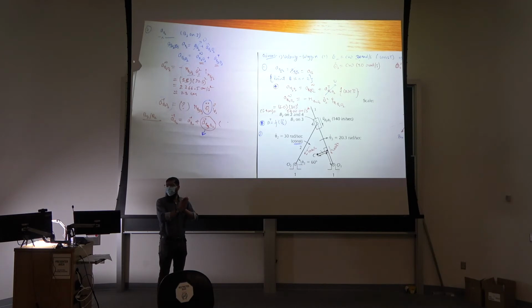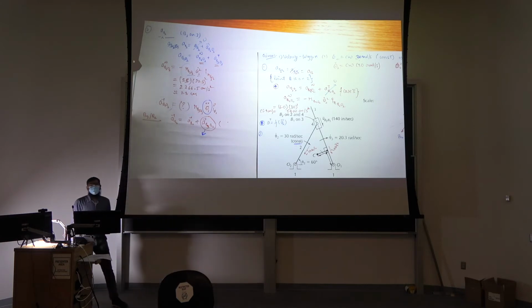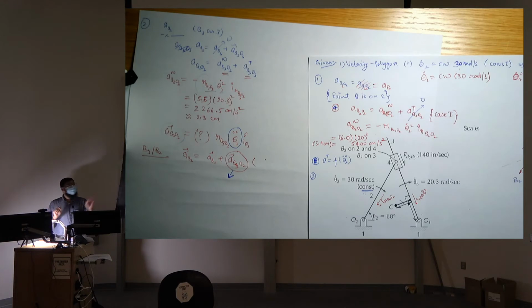When the mechanism changes, B2 on 2 could go some other way and B3 on 3 will go to some other position. I don't know where they are going to go. But in order to solve, whenever the questions are given to you in the question papers, you can assume B3 on 3 and B2 on 2 are at the same locations. That is what makes it a case 2. Otherwise, you won't be able to make it case 2.